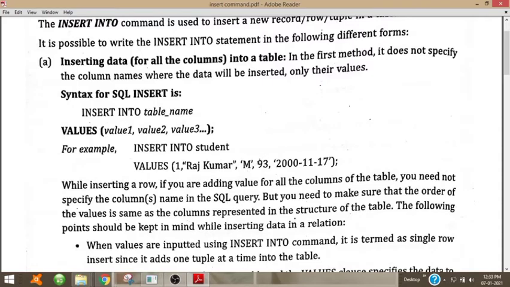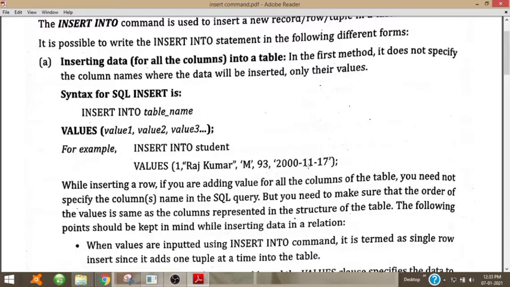Then the next one is marks. Here also you can see M is enclosed in single quotes. You can enclose it in either single quotes or double quotes. Then comma, marks, that is 93. 93 is not to be enclosed in single or double quotes because it is an integer value. Then comma, date.